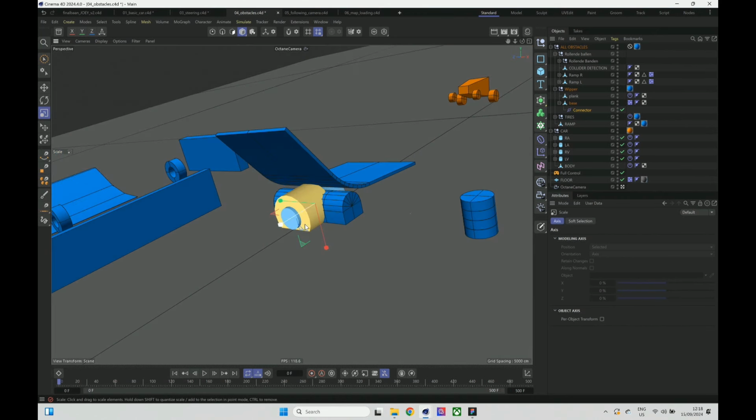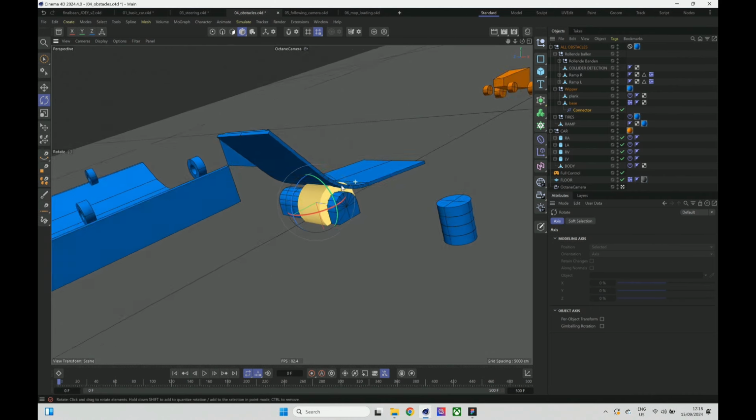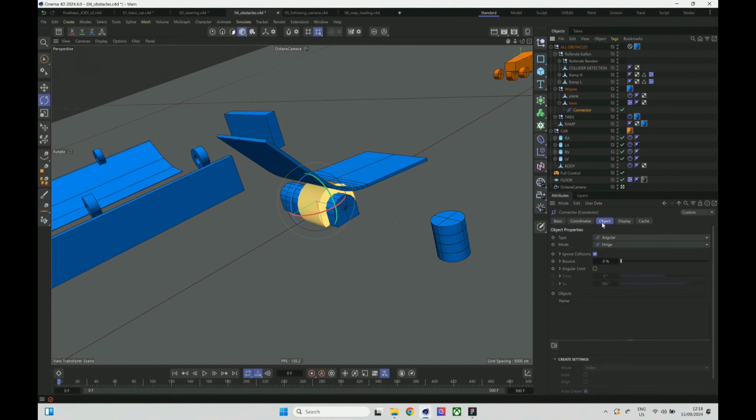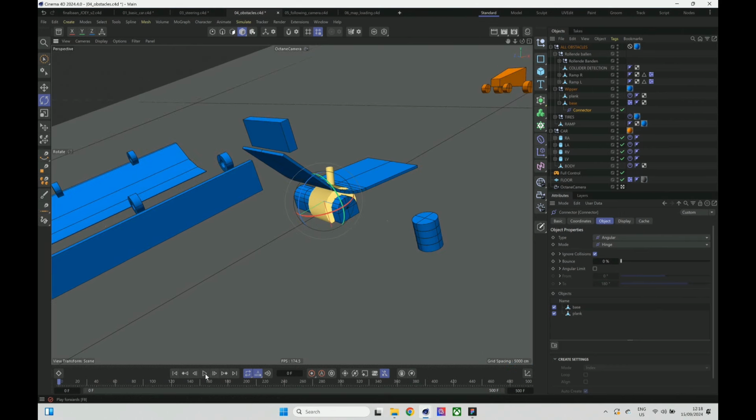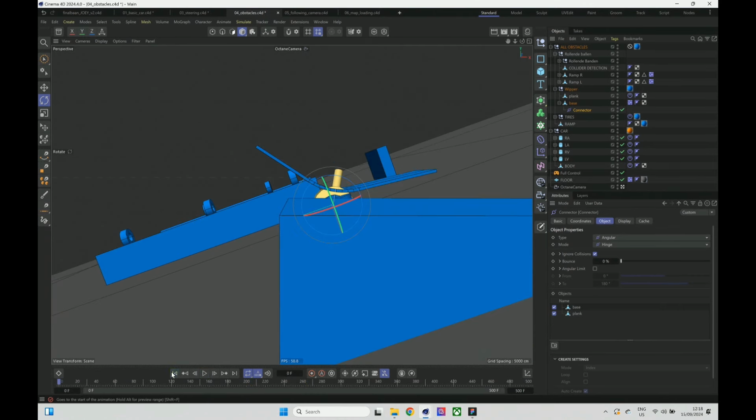So basically the yellow part is able to rotate around the light blue part. So it seems like the orientation is still not correct. It needs to go this way, because right now the plank can move over the base. We still need to connect them, so we take the base and the plank. And you can see it's drawing a little line, so that means it's probably working. So let's hit play again. And it seems they are connected, but something weird is happening with the car and the plank,